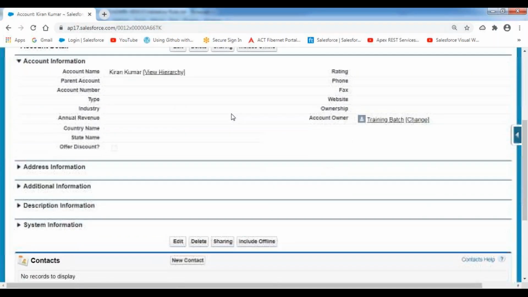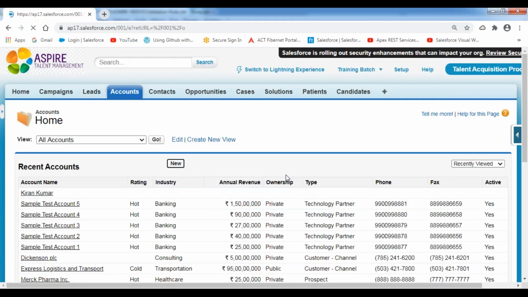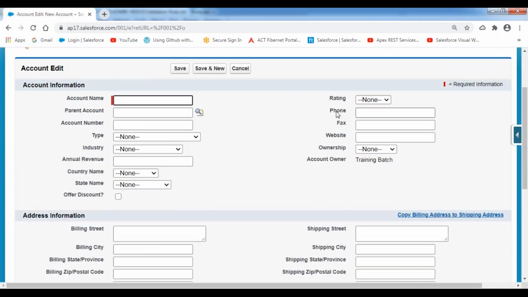I haven't entered any other fields, only the name value. But now my requirement is, whenever I'm creating a new record, I want to make this phone field also a mandatory field. How can we create a validation rule in order to make that field value mandatory?